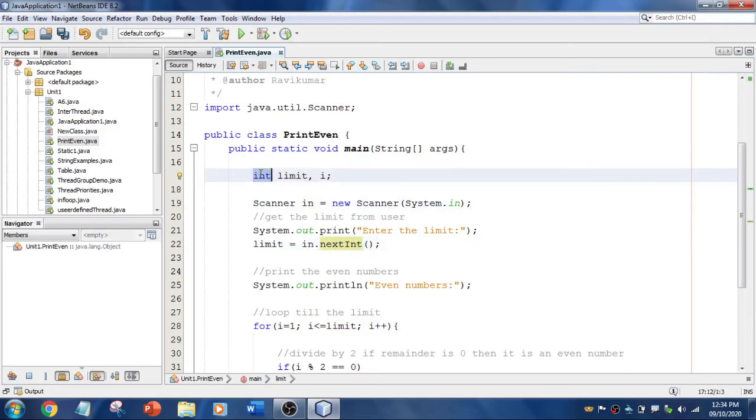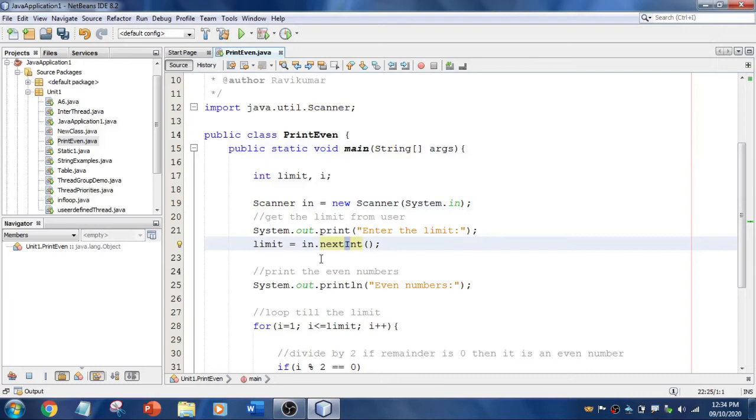If it is a double, then you need to write nextDouble, with capital D. If it is a string, then you just write next, not nextString. These are the differences. As Java is case sensitive, String has a capital S, Scanner has a capital S, and for things like int and double, after next you need to mention the type with a capital letter.